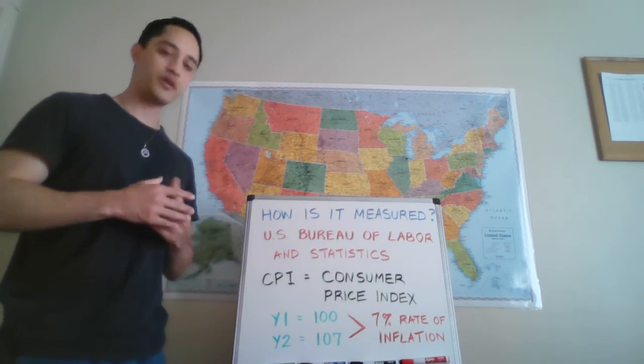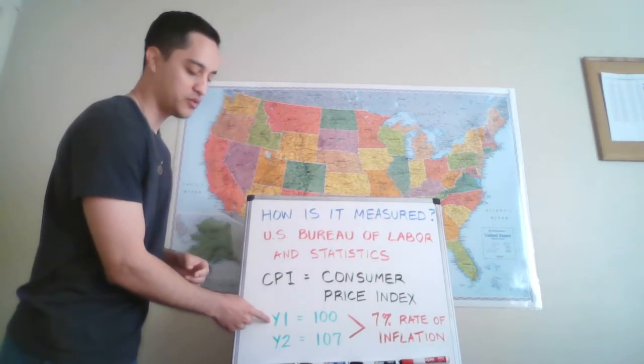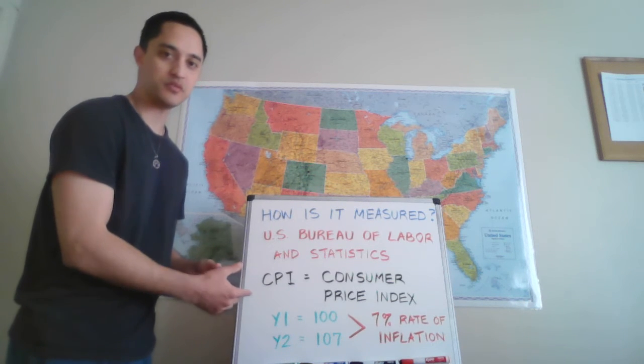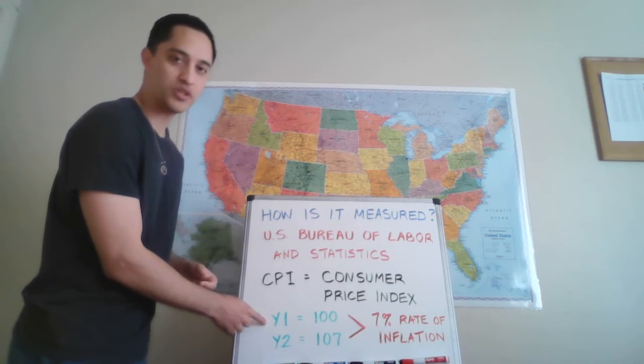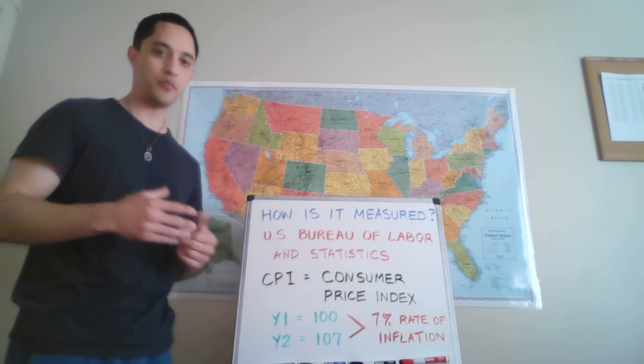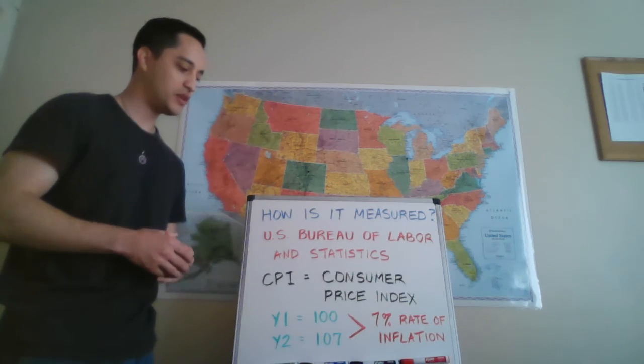So, for example, I have two figures here. Y1 stands for year one, Y2 stands for year two. Year one is 2021, that's last year. Year two is 2022, that's this year. So what we found was